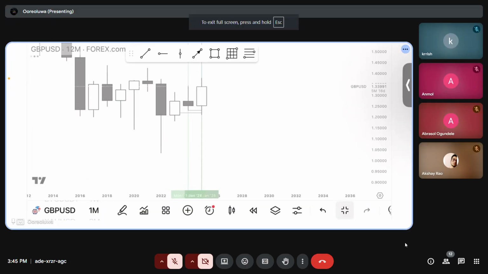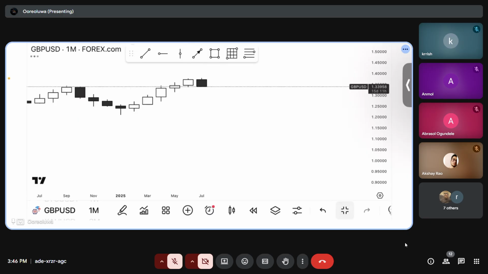So everything about ICT and CRT and Turtle Soup is just open, high, low, close. That's actually ICT. If you are to summarize ICT, it's just open, high, low, close, with key levels. Then summarizing Romeo's concept, like the Turtle Soup and the CRT, is using liquidity points and time to position yourself in the real direction of the trade, or the main direction of each candle.